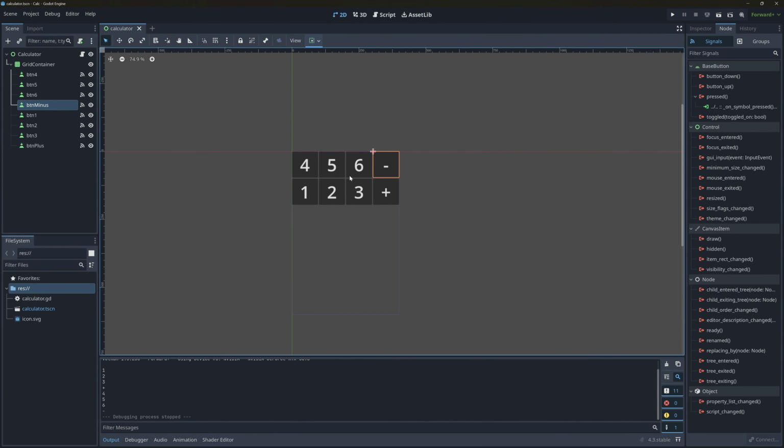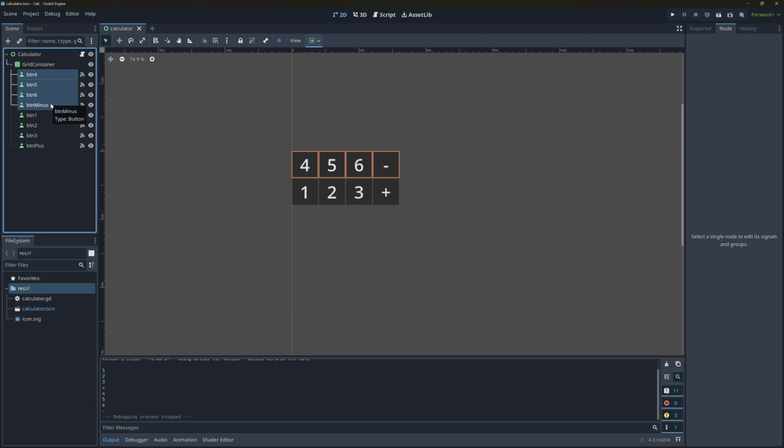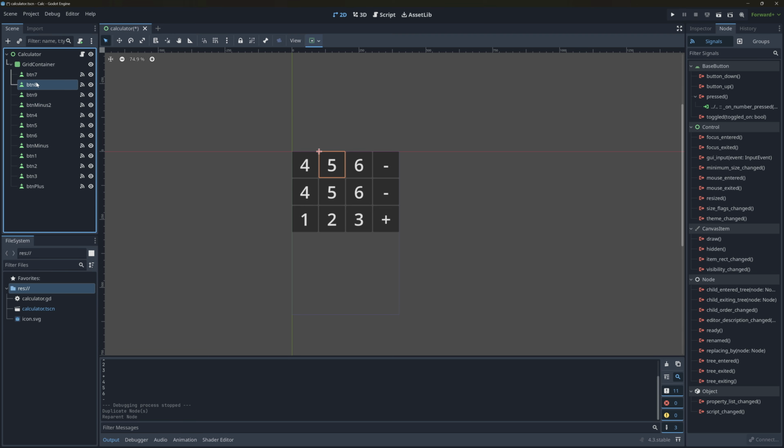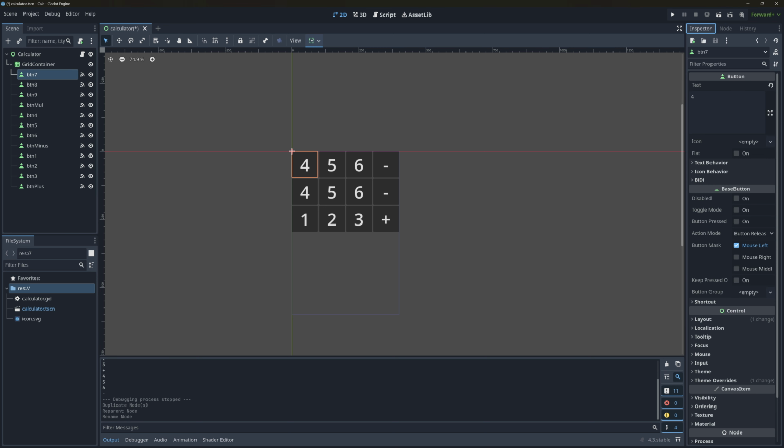Okay, I'm going to come in. I'm going to grab, it really doesn't matter what row of buttons, but I'll just do 4 to minus, duplicate them, drag them on top, and I'm going to do 7, 8, 9, except this one's going to be multiplication. I'll just do mul. And then we have to come in, 7, 8, and I don't want that there. I hit enter. We don't want that. 9, multiplication,